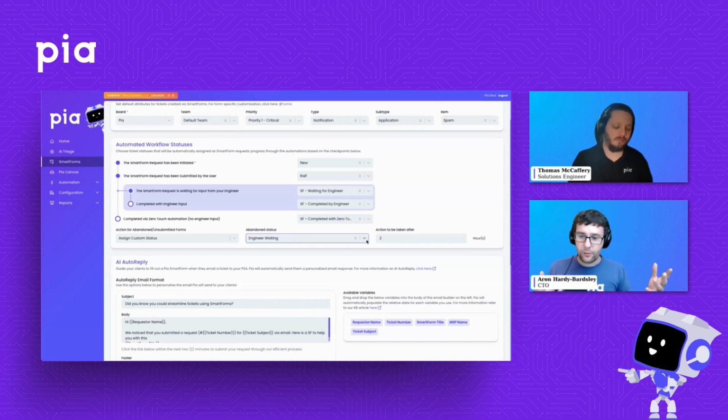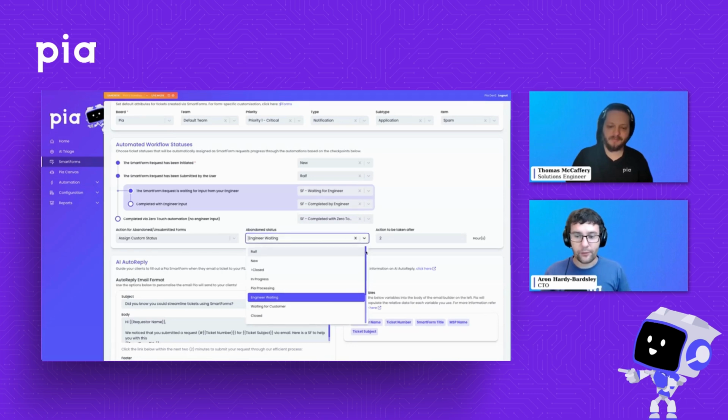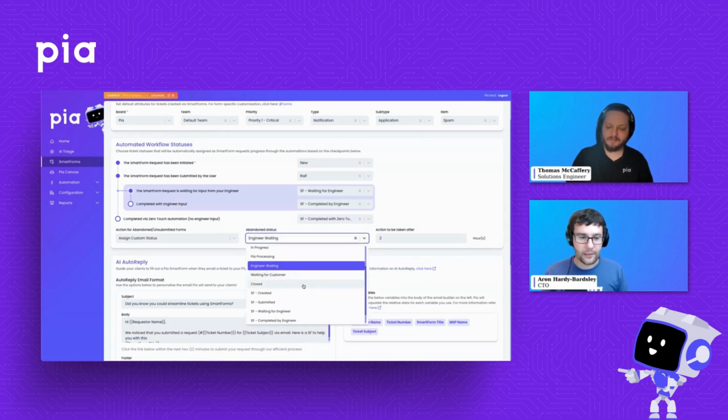So due to feedback, we got some feedback from MSPs for this one, and we wanted to make sure that we're actually closing out those tickets. So this is a new feature to handle that process. I do see some claps and some hearts coming through on the chat for that one as well. I think a few people using SmartForms were looking forward to this one. I've had this a couple of times. Yes, we've definitely had that feedback.